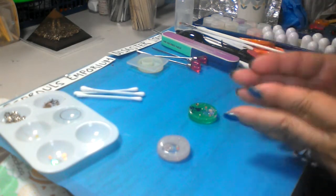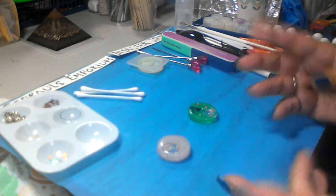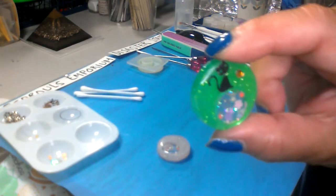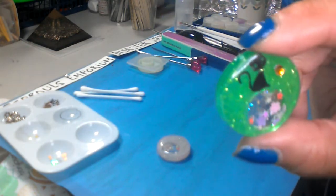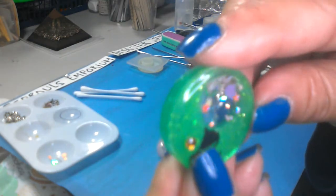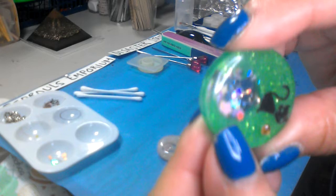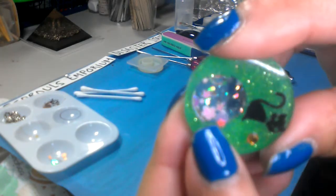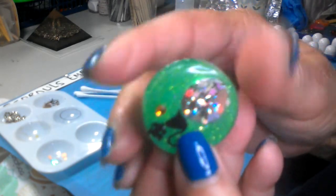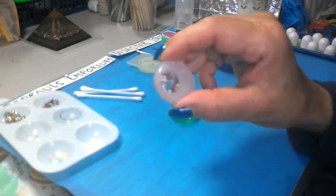Okay, I don't like wasting resin. This is why I say that with the epoxy, I don't, what do you call it, waste. Let me see if you can see it there, like this. You don't waste resin. But with the UV, just be prepared